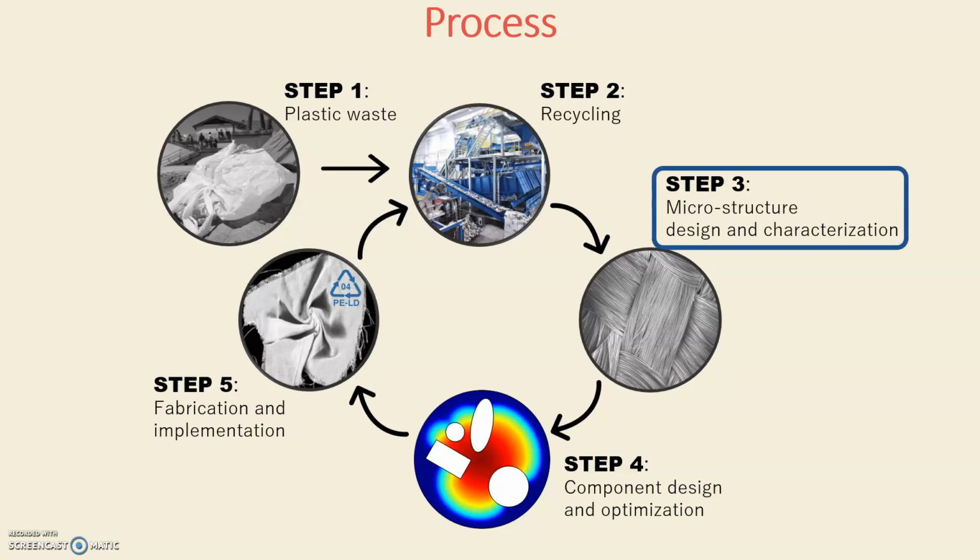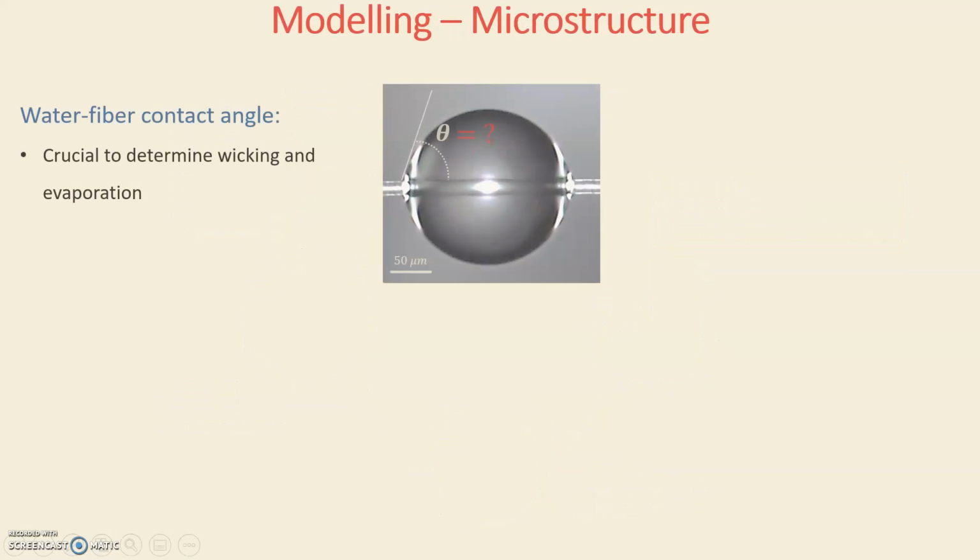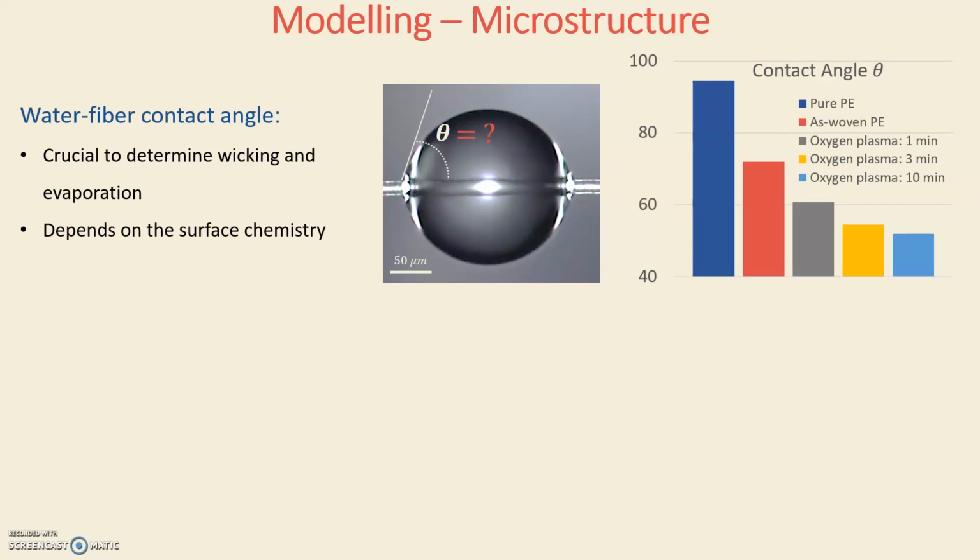So let's see how the microstructure affects the water transfer. One of the key parameters affecting wicking and evaporation is the contact angle between the water and the fibers, and it strongly depends on the surface chemistry of the material used. For this reason, we developed a theoretical model that can be easily used to measure the contact angle from images, and we used it to assess how different fabrication techniques and surface treatment affected the contact angle and so the